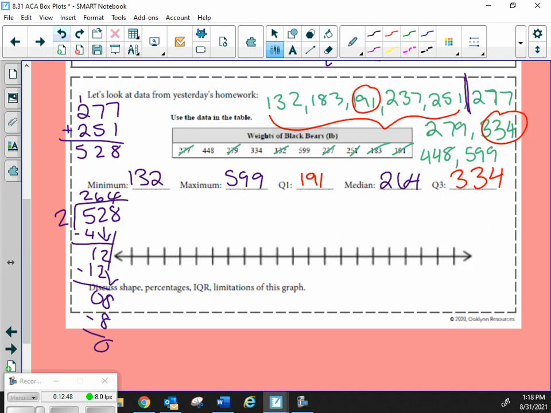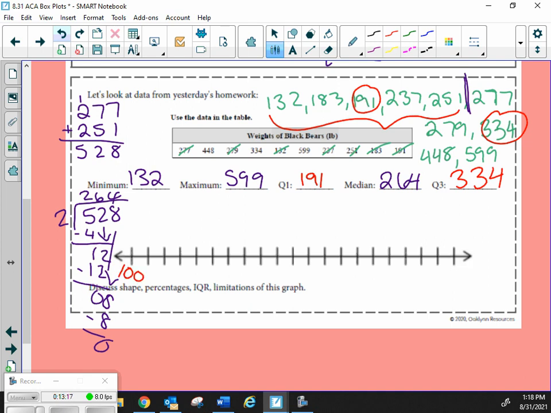Okay, we're going to actually make our box plot now. You only need those 5 points in order to make it. Okay? So that's why we're going to fix it now. We're correcting our mistakes. So on this number line, I have no numbers. So let's add some. I need to make it cover like the hundreds to 600. Just because I know the key, I'm going to start at 100.